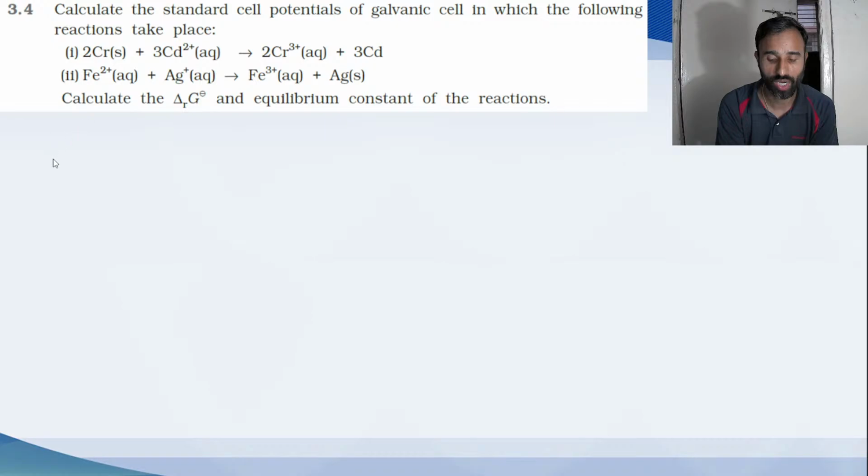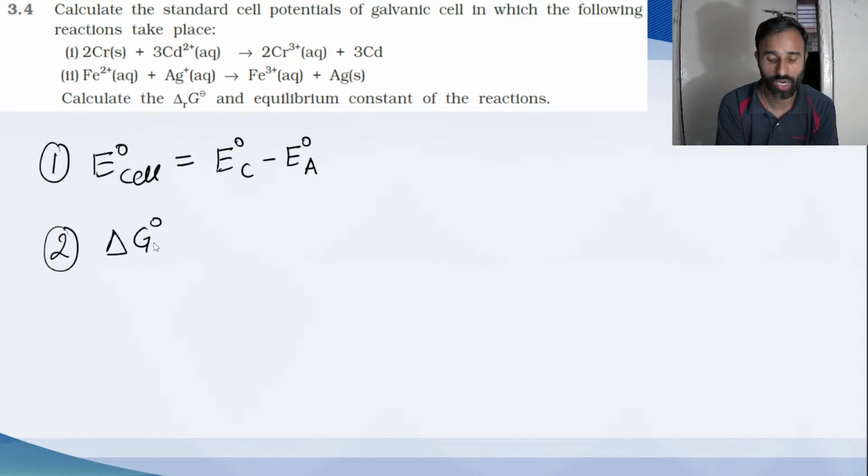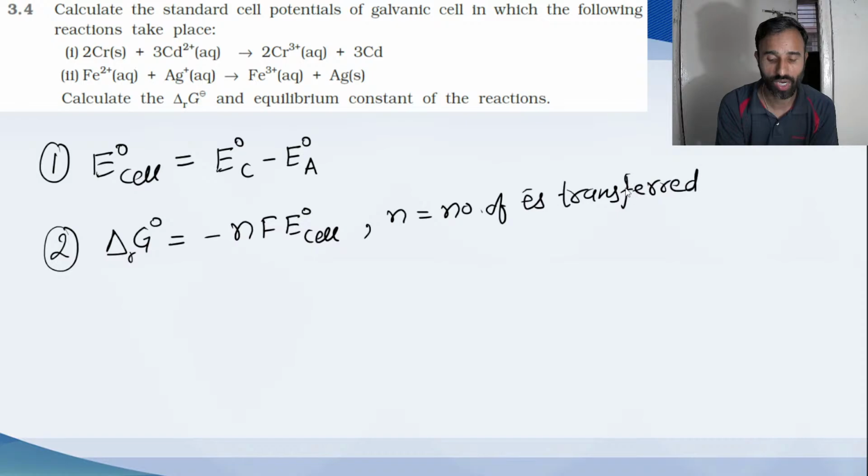First one, to calculate standard delta G naught, we need the number of electrons transferred and F, and its value is